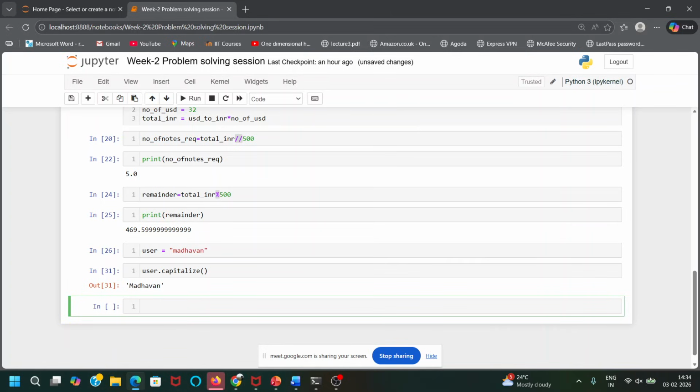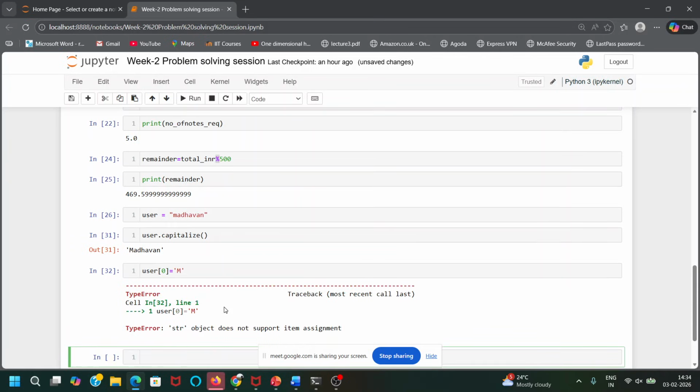In strings, we cannot change anything. So user of index 0 equals something, you want to change this to capital, but you cannot do it, because strings are immutable.